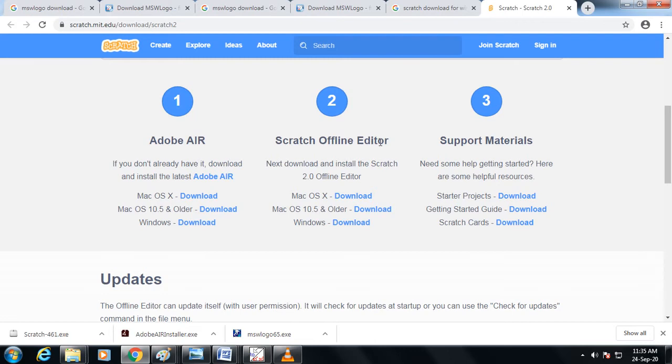Two software you need to download on your computer. I have already downloaded this software, so the files are here: Adobe AIR Installer exe and Scratch 461.exe.